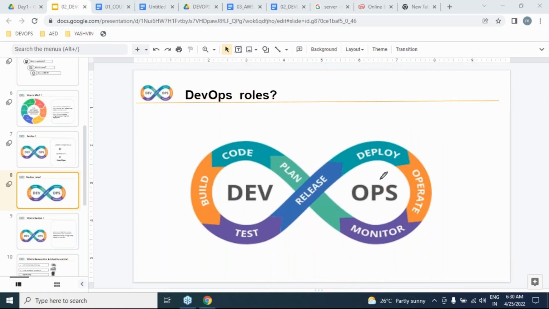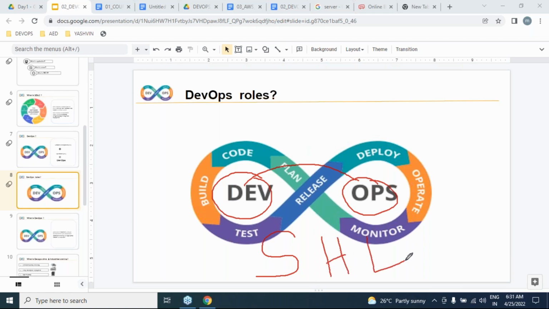Very simple. I'll repeat one more time, guys, please. After successfully developing a working software, we take care of delivering it into the production environment in an automated way. While delivering working software, is the application delivered in the shortest time, with high quality and low cost? That is exactly the DevOps process. Understood very clearly? While delivering working software from the dev environment to the production environment, speed will be increased, quality will be increased, and cost will be reduced. That is exactly the DevOps process.